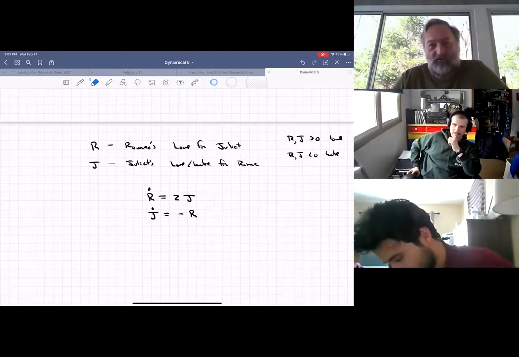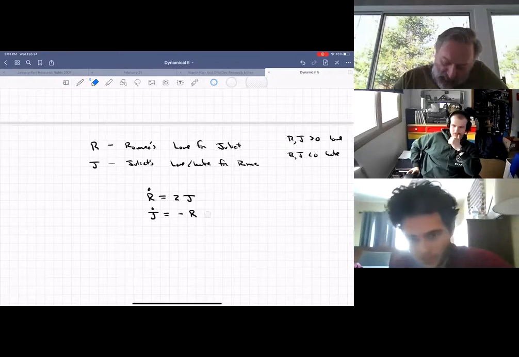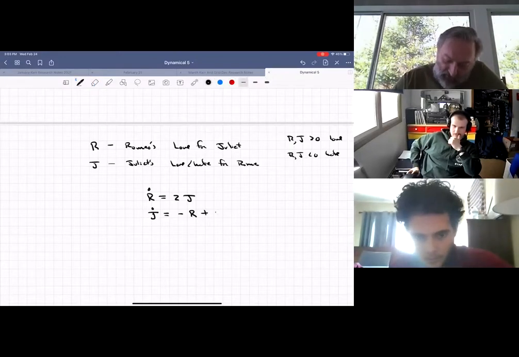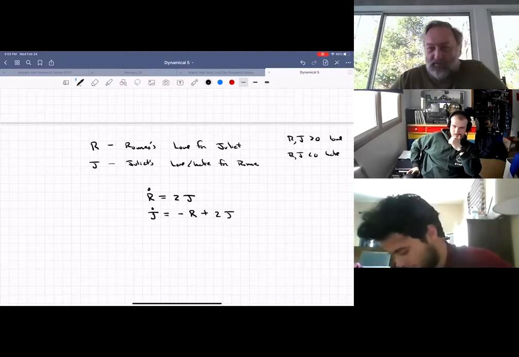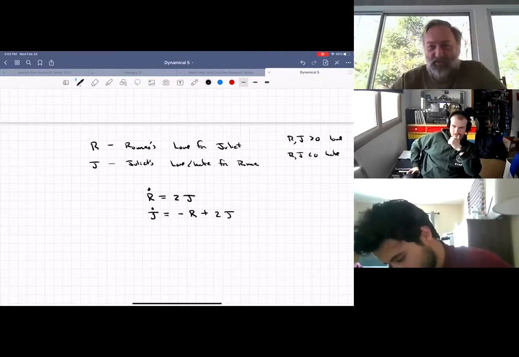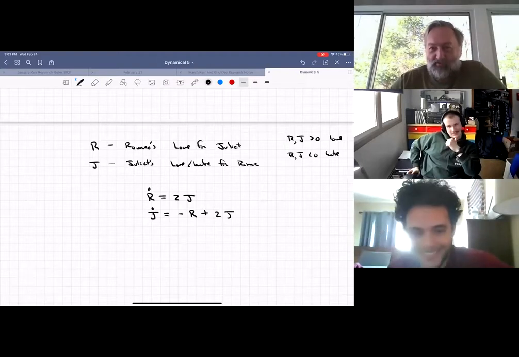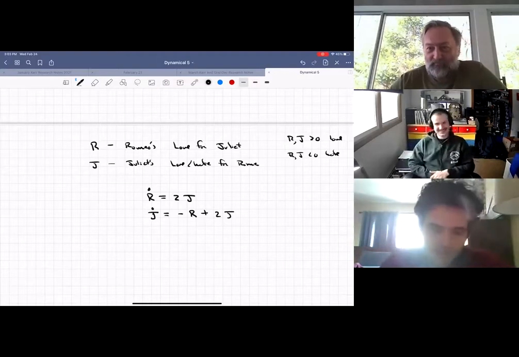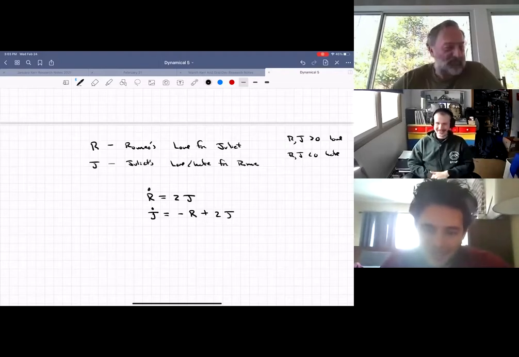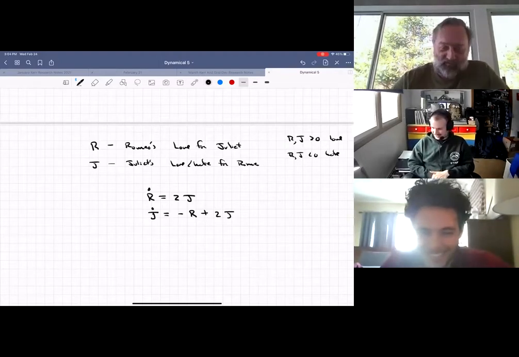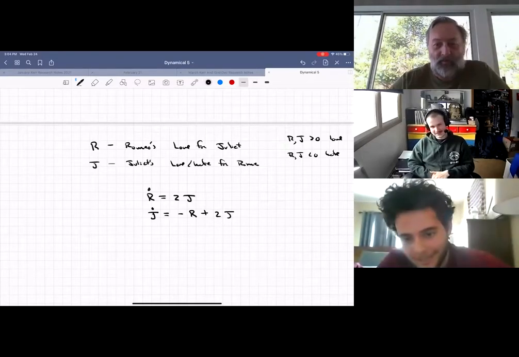So Juliet's love is going to decrease for Romeo. On the other hand, if Romeo dislikes Juliet and R is negative, then Juliet warms up. In other words, she's out of sync with her lover, but maybe she's in sync with herself. She has a strong feedback to herself. So if she loves Romeo, she goes, yes, I really love him. Or if she hates Romeo, she goes, no, I really hate you. Then you can evaluate what will happen to their relationship. Forget about counseling. Model this mathematically. You can go through all sorts of different relationship scenarios, which is kind of a fun thing to do. Okay, so anyway, I'm going to